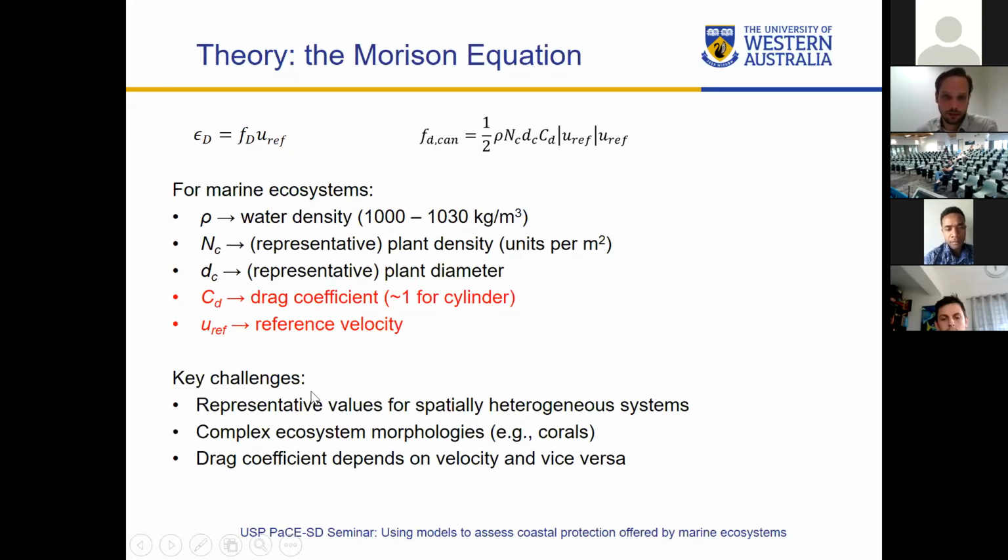So there's definitely some key challenges. How do you get representative values for ecosystems? You need to somehow estimate them. There's also very complex morphologies like corals that don't really fit this single cylinder method directly. And then, like I said, the drag coefficient depends on the velocity, but the velocity also depends on the drag coefficient itself. So it's a bit of